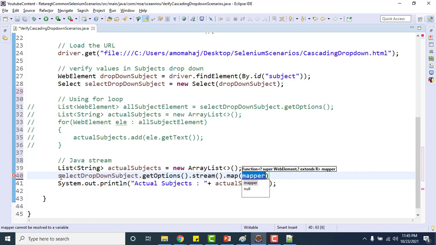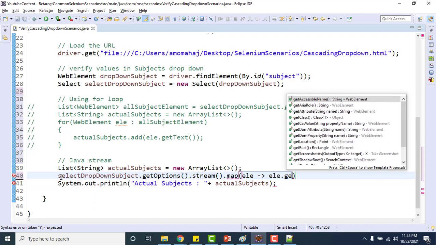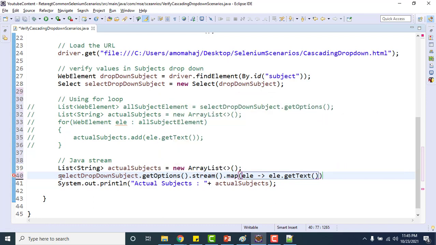Like I can show you, what I want to do means map all the elements. This is a shorter syntax, but as of now you can understand it. Take each element and use the lambda operator here, and then use le dot getText.